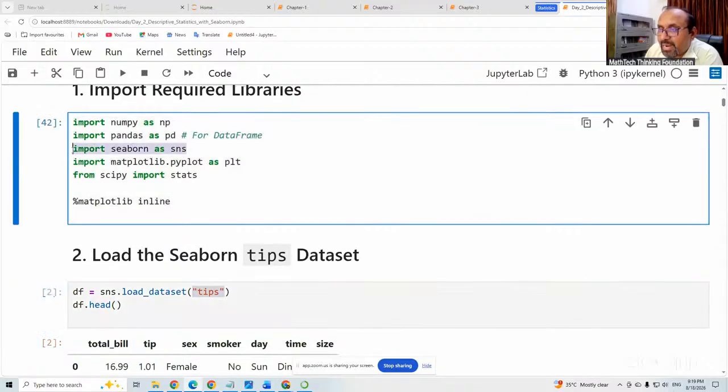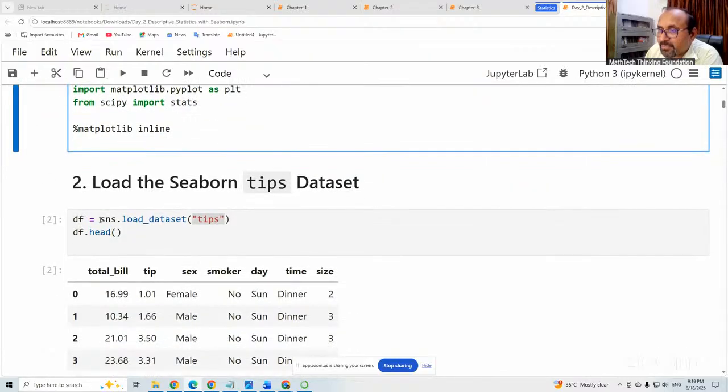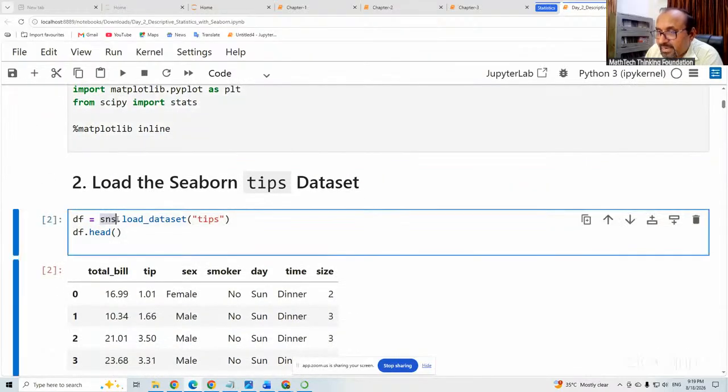Okay, so mainly in this application, we are using this library because we need a dataset from it. That's why you can see here SNS. This is the abbreviation for the Seaborn library. Dot load underscore dataset. This is the function which is applicable for SNS, because from SNS we want to download